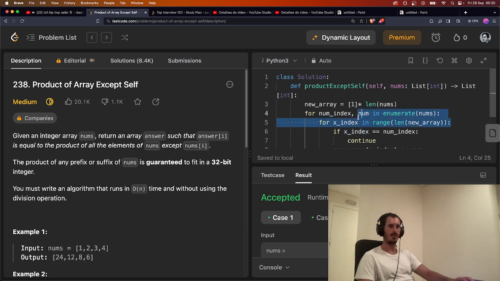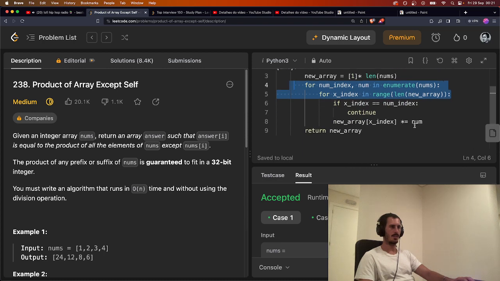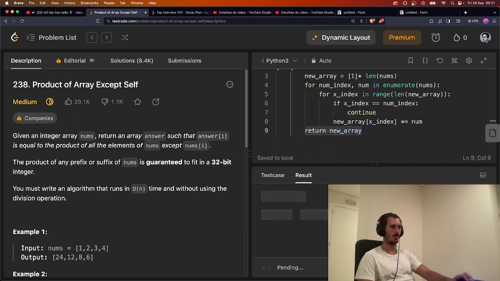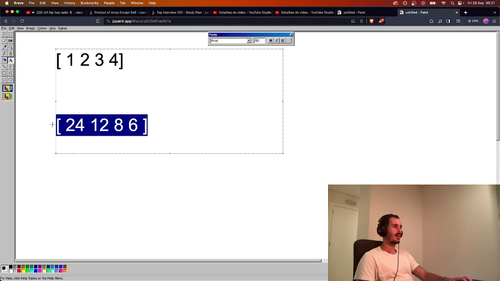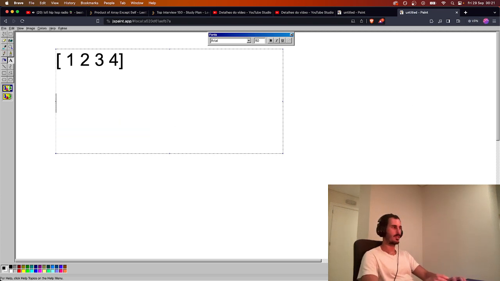As you can see, I have 2 cycles here. I check if the indexes are the same. If not, I just multiply, then I return the array. They pass the test cases, but then there will be a timeout when it comes to one big case, which is expected because they ask us to do something in O(n) time. So I was researching, saw some solutions, and the approach to do it is,